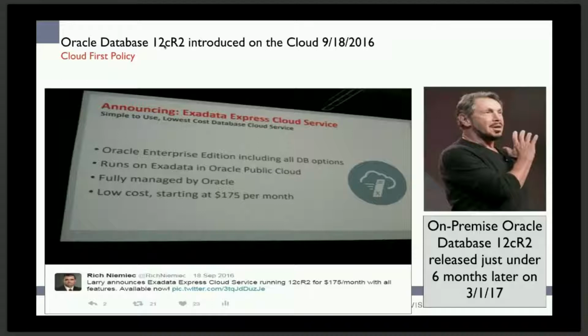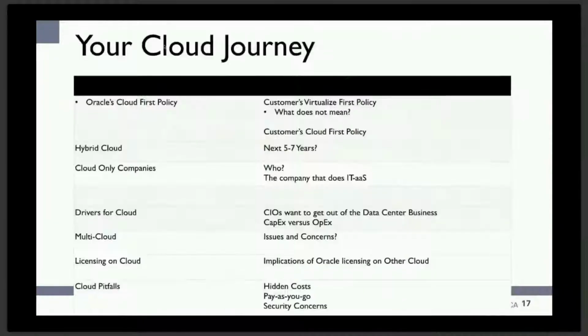And so from an on-premise adoption perspective, about 6 months later, in March of 2017, Oracle finally released Oracle 12.2 for on-premise. So from a cloud journey perspective, just like what Oracle has done with its cloud first policy,